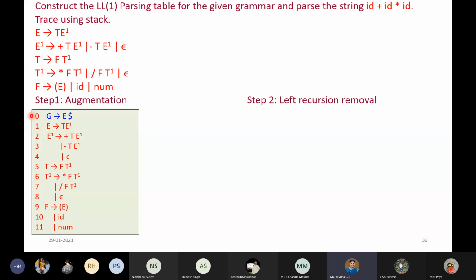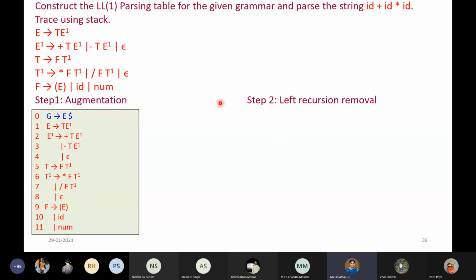And also I have labeled all the rules and separated each rule. That is because it will help us later to know which rule to apply. We can just use the number. That's the only advantage. Otherwise, there is no other advantage. So I have labeled all the rules, and that is the first step.